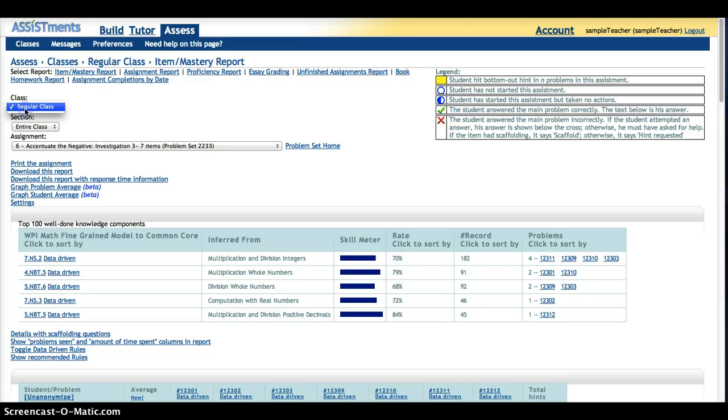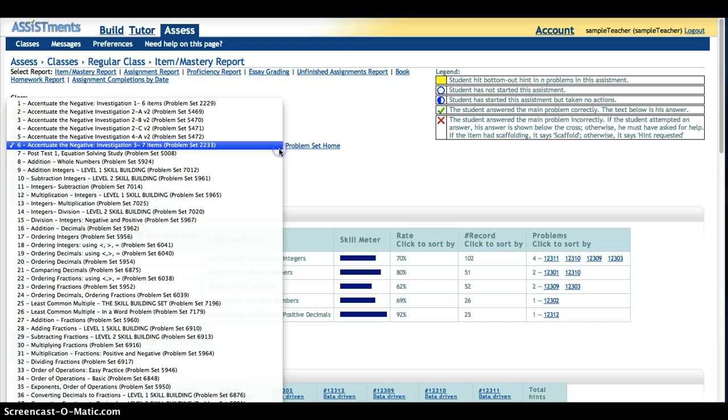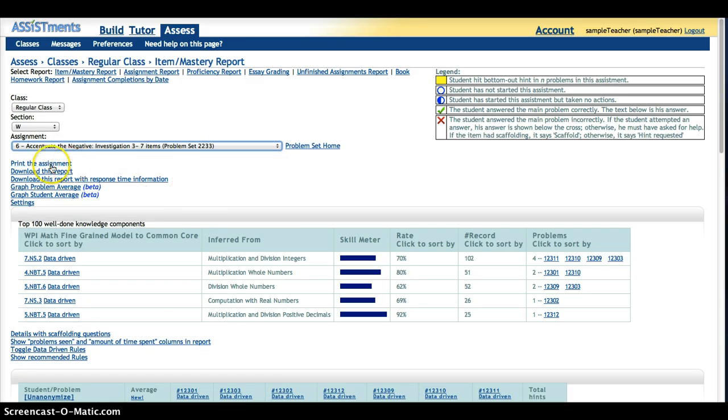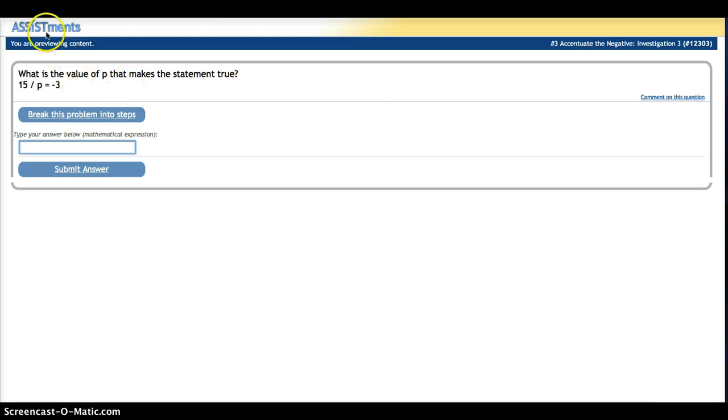A little review. If you have more than one class, here's where you'd select your class. More than one section, here's where you'd select your section. And if you'd like to look at more than one assignment, here's all the things that you've assigned and you can select from. You can print the assignment, you can download this report, you can download the report with response time information. We can graph this problem average, which is nice because you can go right to the one that's got the most troubles, take a look at it,